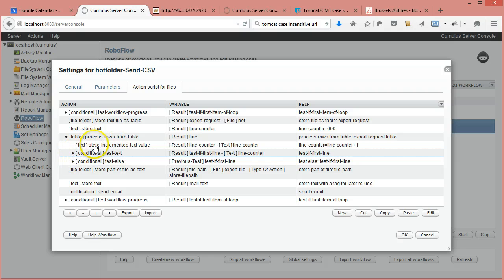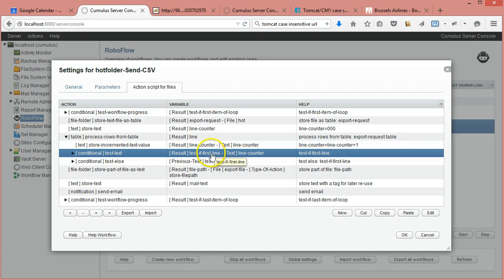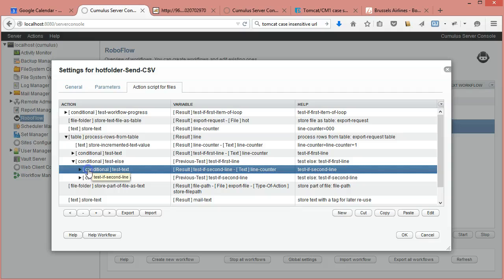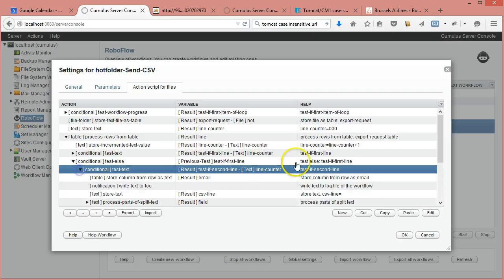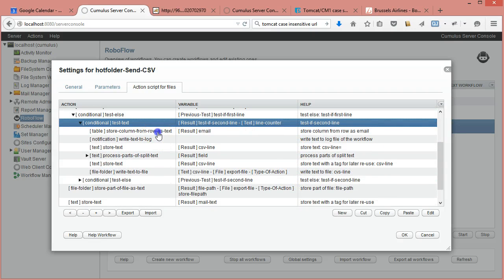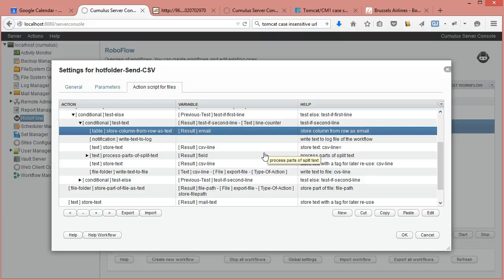The loop loops again, it increments the counter, and now I'm processing the second line, so my counter is 002, so this will return false. It's not the first line. I have a test else, and in the test else I test the line counter again against the value 002, saying test if second line. If this returns yes, then I'm going to store a header row in my tab limited text. In my CSV file that I'm exporting, I want